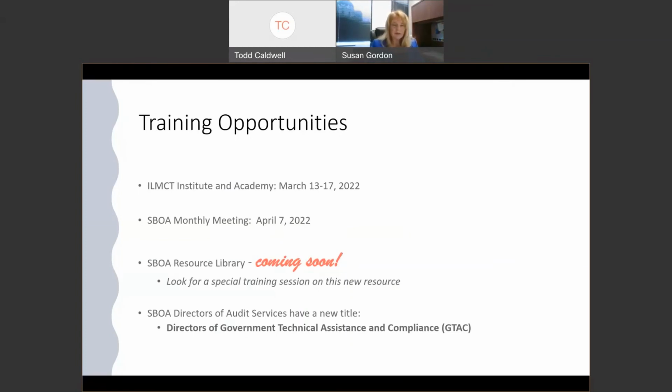Oh, and one other thing I wanted to mention that's not on any slide, but it was information that came in this morning. Make sure that you are up to date on your bank reconciliations, because we've had more and more information about counterfeit checks or checks that weren't written by the unit, but somehow they are getting passed through the unit's bank account because it looks like a check that was written by the unit. So make sure you're up to date on your reconciliations so that you can catch any checks that weren't written by you that may fraudulently go through your account. So I just wanted to throw that out there